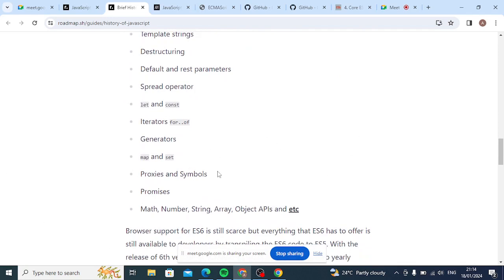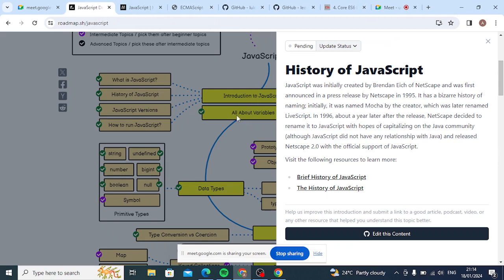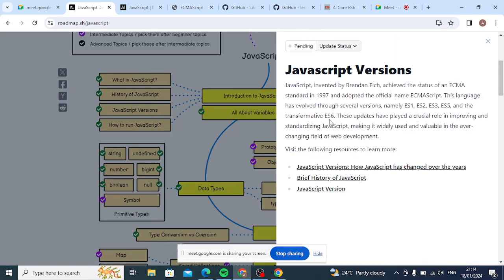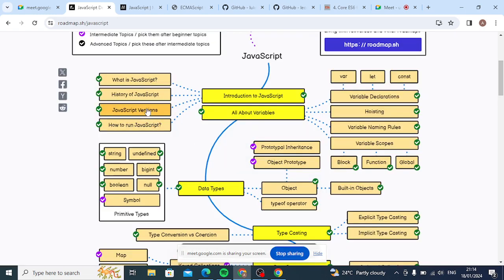That's a brief history of the versions and all that. I think versioning is also covered a bit. We don't have to go through the versions, again ES1, ES2.